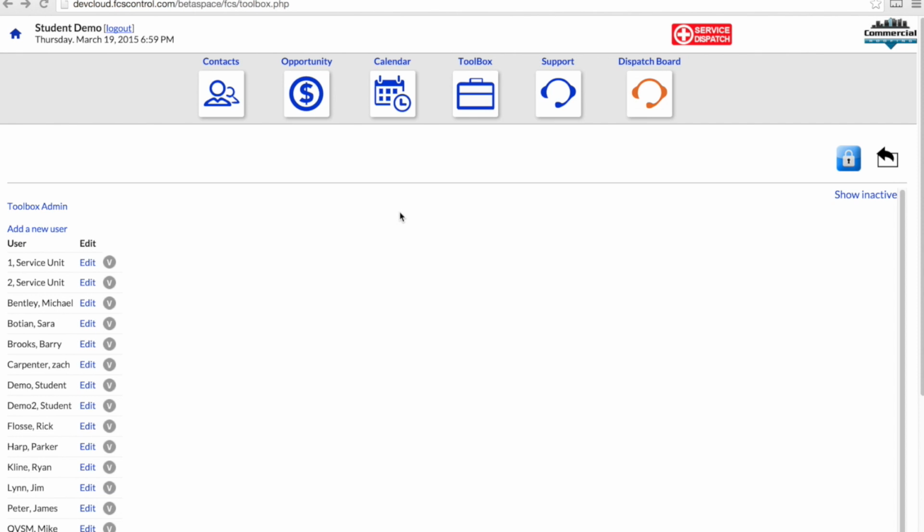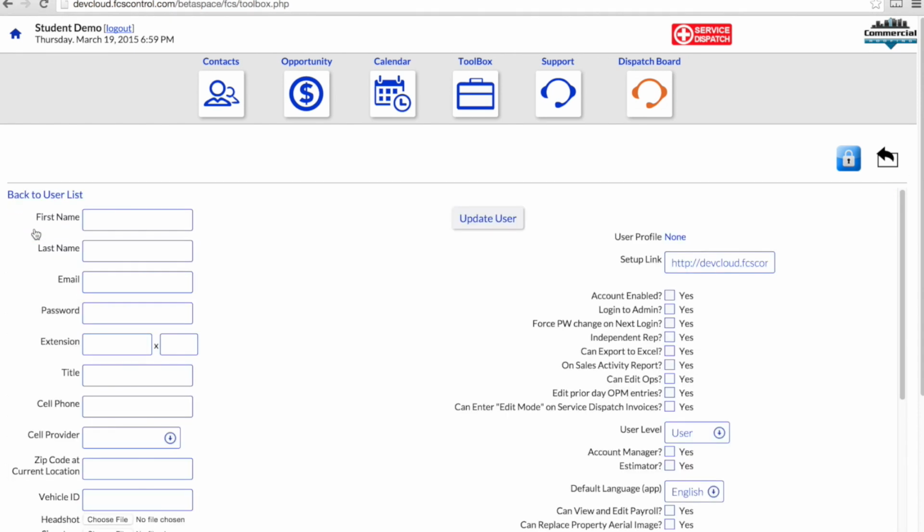So now that our service dispatch settings are in place, our materials are loaded and set up in the system, we need to add our technicians as well as Service Manager. What we do is we click Add New User within User Administration. And we need to fill out the basic information. So this is Service Technician. So this is first and last name and email,